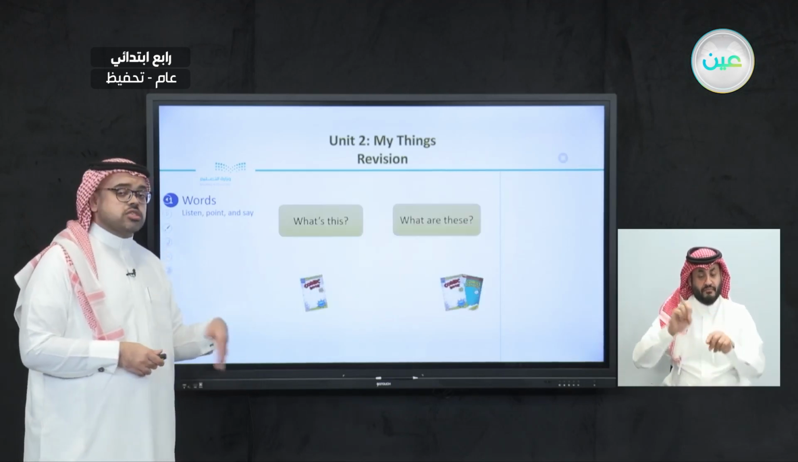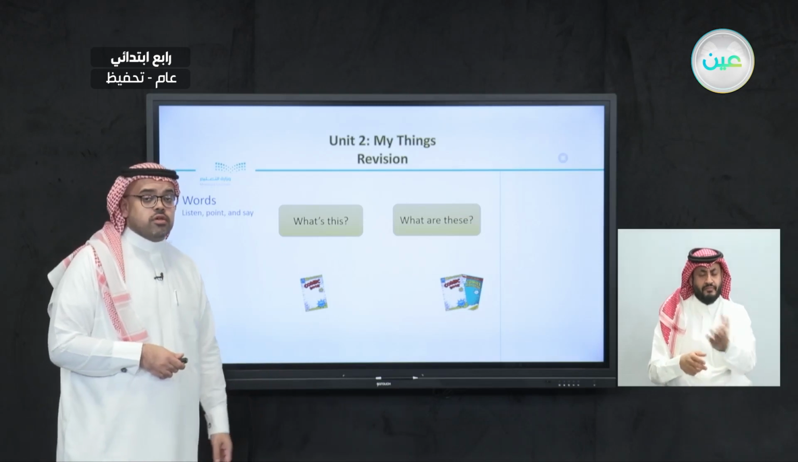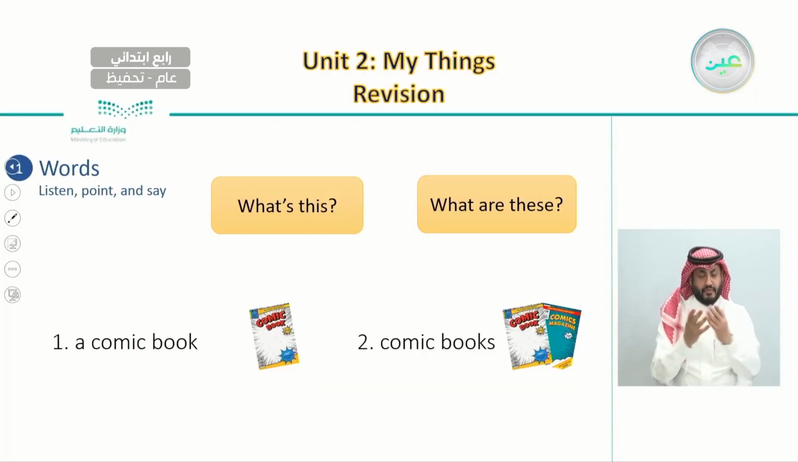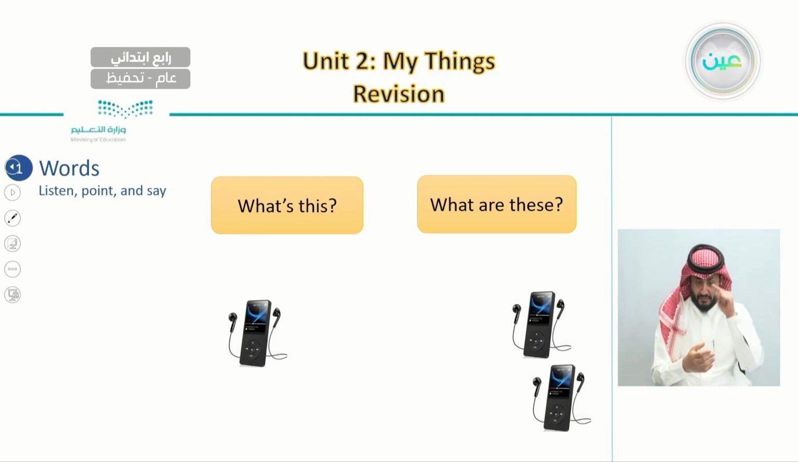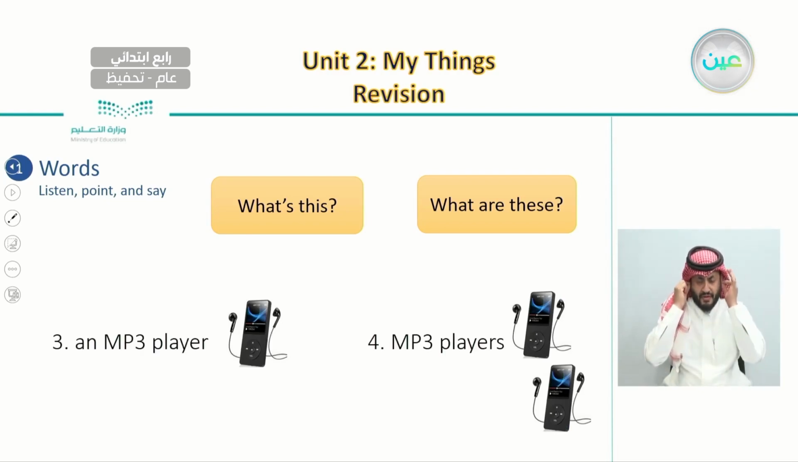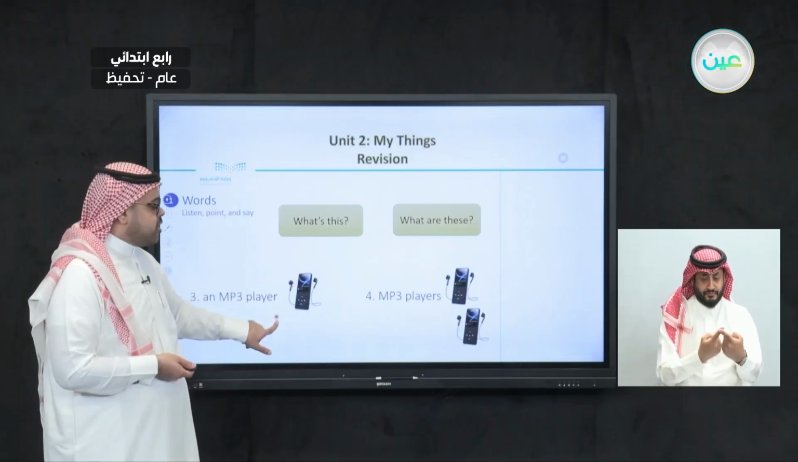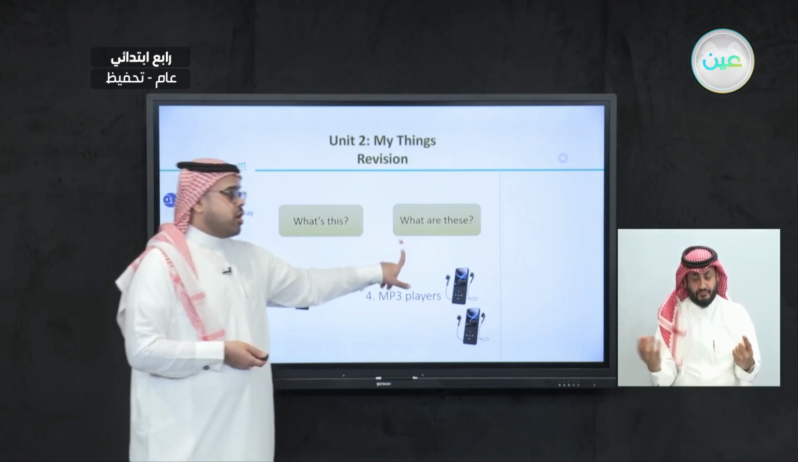And we did practice other examples of these. For example, here, the first one we said if we want to ask about one thing, we would say, what is this? And we can point and say, it's a comic book. And also, if we want to ask about the other things, we would say, what are these? They are comic books. And we did similar examples with MP3 players. What is this? It is an MP3 player. What are these? They are